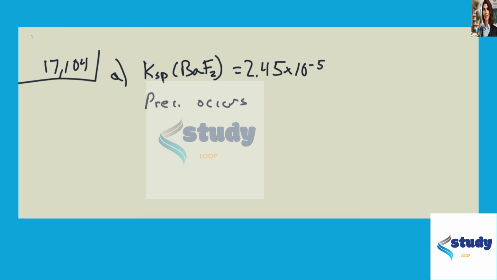In the first example, we have barium, and that would be precipitated by fluoride. So we need to write the KSP for barium fluoride, and that's equal to 2.45 times 10 to the minus 5. So precipitation occurs when Q is equal to KSP. So we can say mathematically that Q is equal to KSP, which is equal to